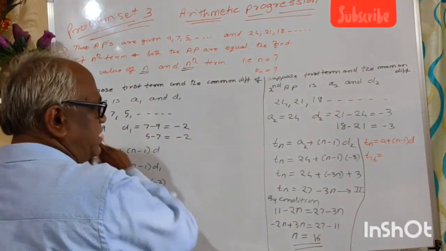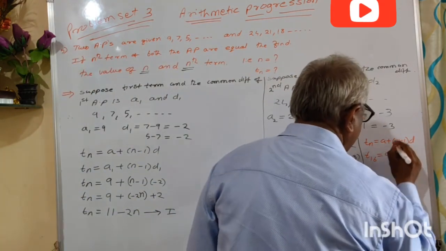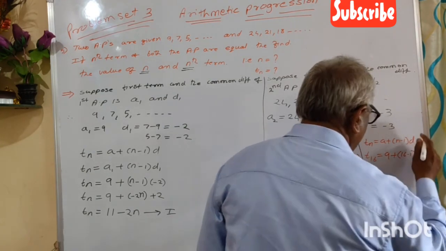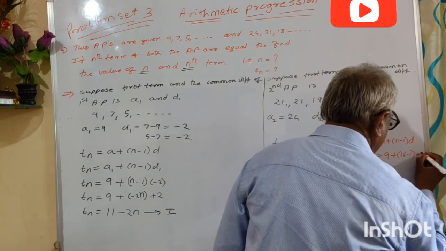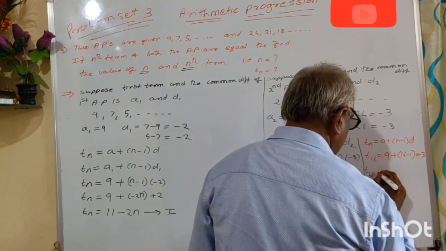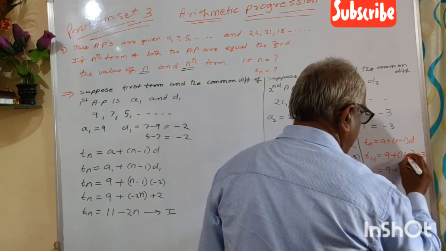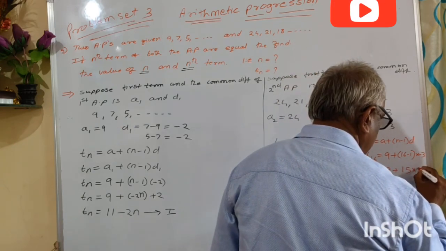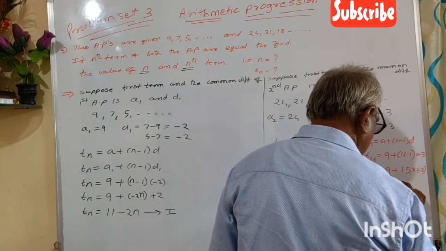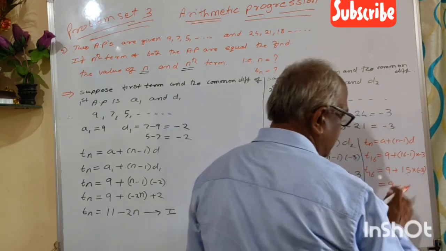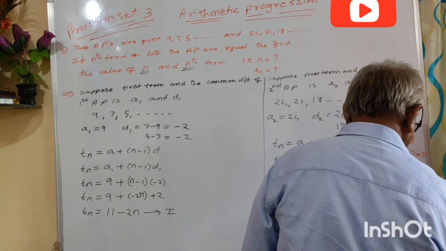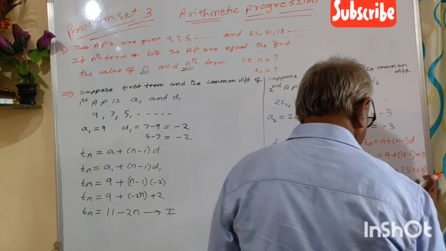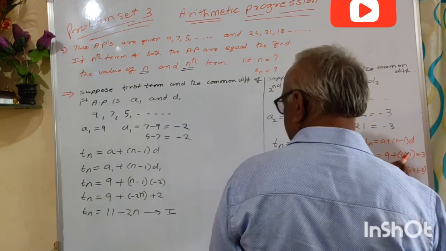If you take here A is 9 plus (16 minus 1) into D. D is minus 3 into minus 3. So T16 is equal to 9 plus 16 minus 1 is 15, into minus 3, which is equal to 9 plus minus 15 threes are 45, which is equal to